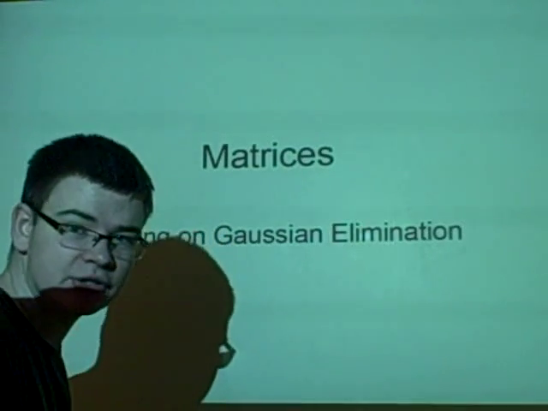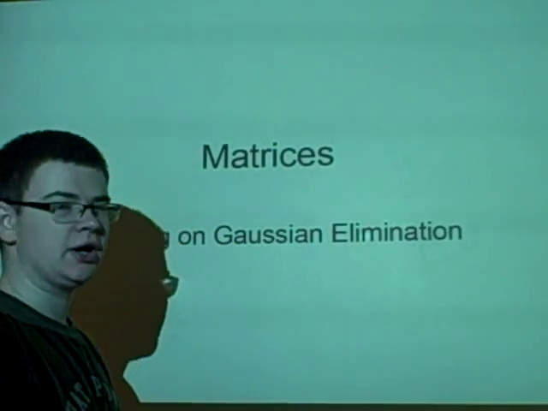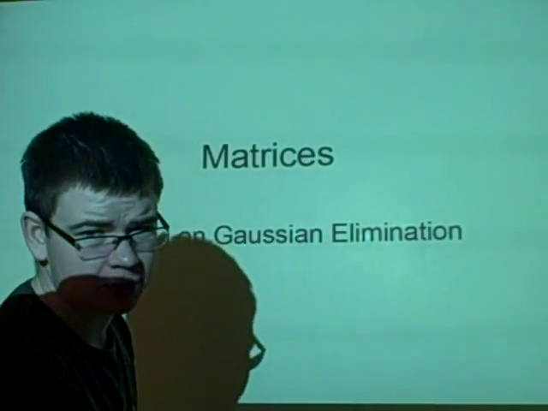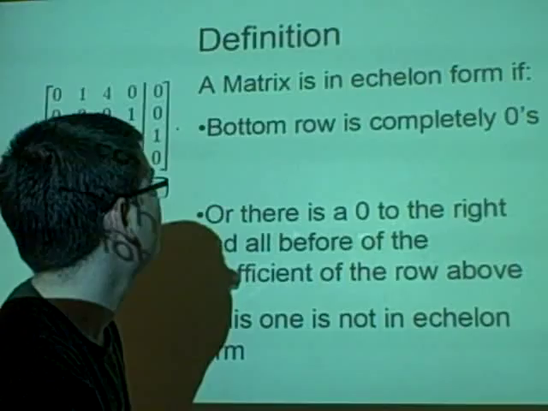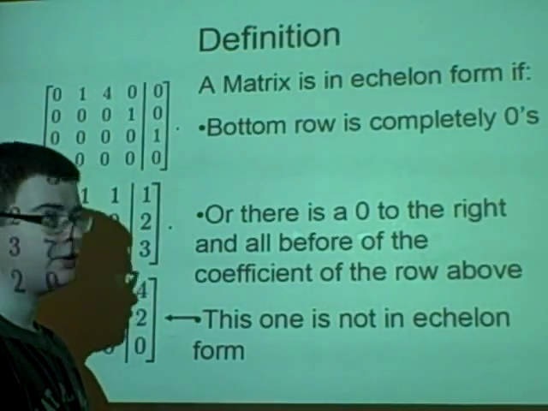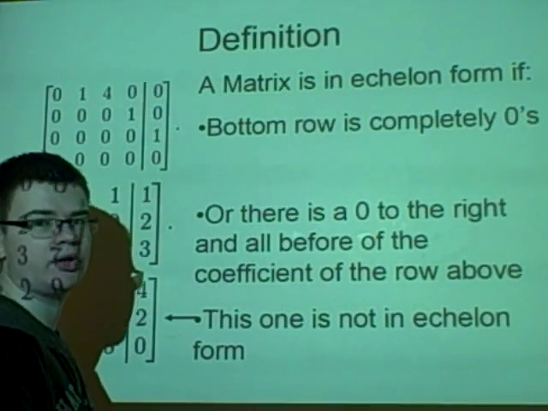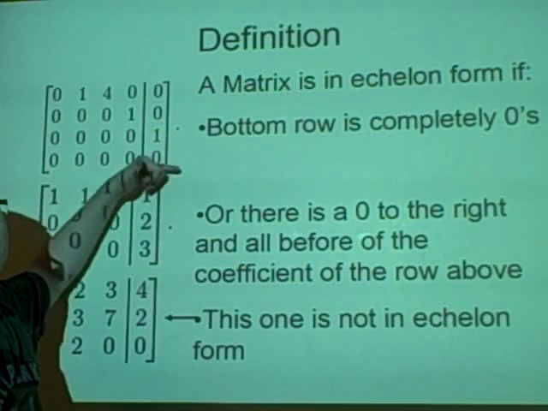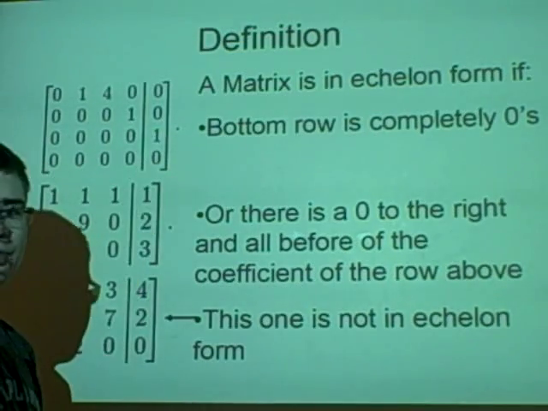This is the 6th lecture on matrices, and it's building up a bit more on Gaussian elimination and basic definitions. This first definition is echelon form. Echelon form is where you have a complete line of zeros on the bottom when doing the Gaussian,